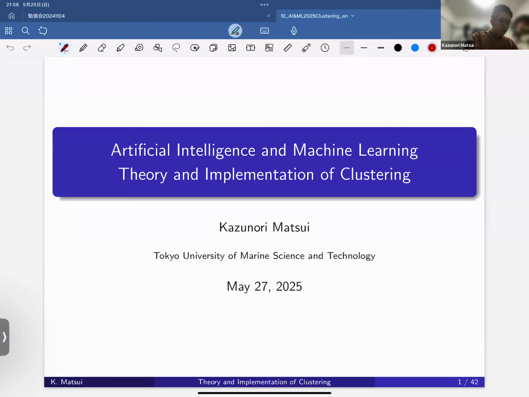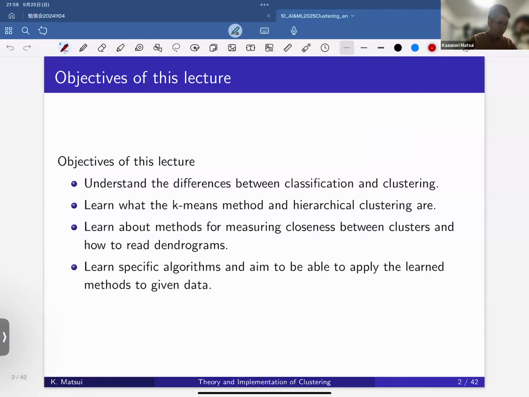Let's start the 10th lecture. We will talk about clustering. We have been talking about classification so far, but today I will introduce something called clustering. First, I will talk about how classification and clustering are different. Then I will introduce clustering methods, which are the k-means method and